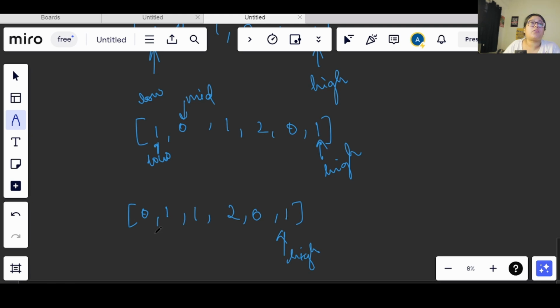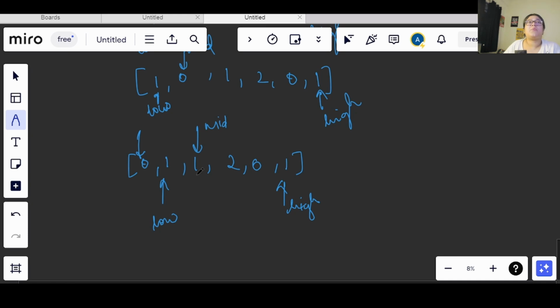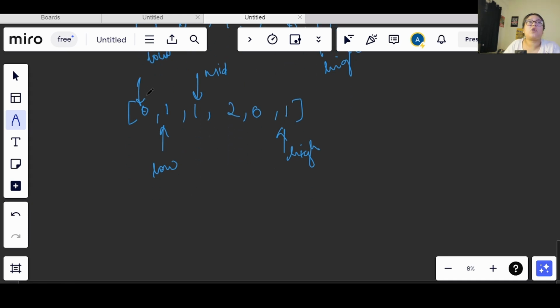We will move low forward. Why? Because this part of the array is sorted now, right? So low will be here and mid will be here. Now my mid is saying it is 1, so it will not do anything, it will simply move forward, as according to this part of the array, whenever I am seeing a 1, it is sorted, right? So for that reason, I will simply increment the value of mid by 1. So my mid will come here now, my low is still here.